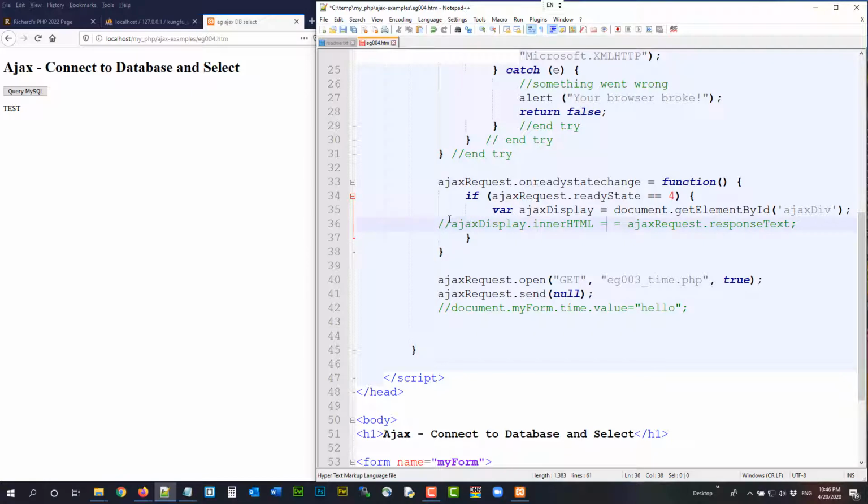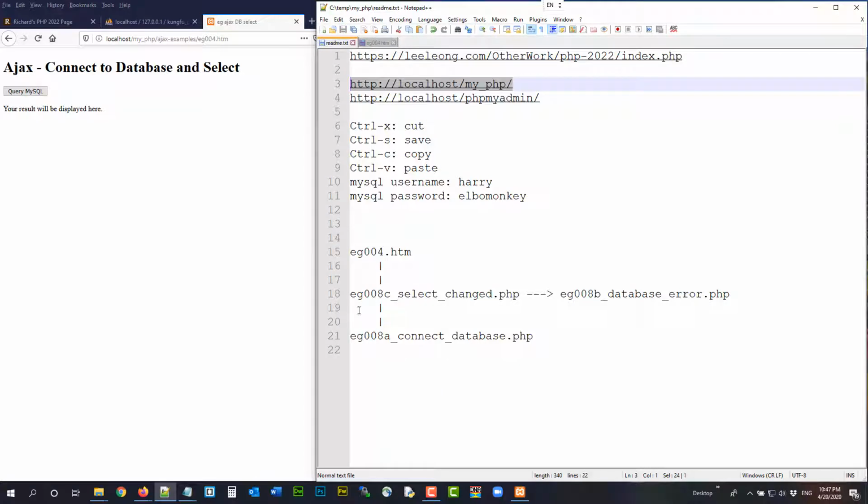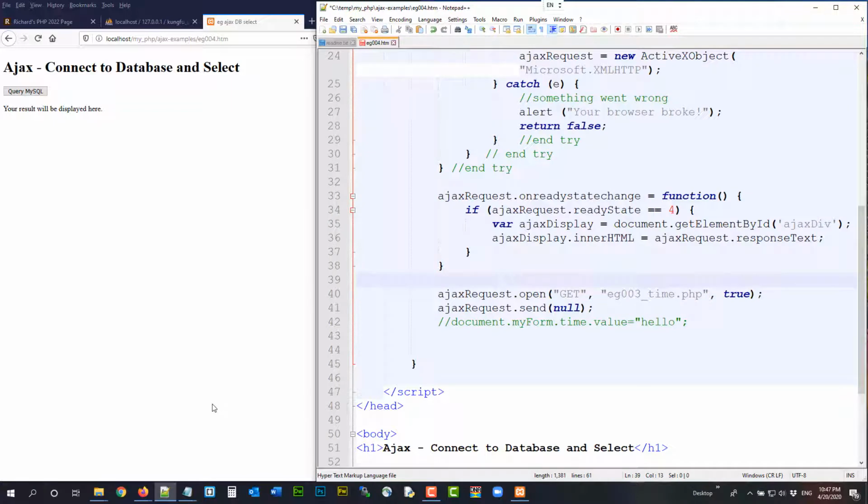So what we are doing here is we get the ID, create an object, and then the innerHTML changes based on the Ajax request. So the next thing you want to do is send a request to Ajax, and we already know that. Okay, let me reload this one first. We already know that we want to use EG00 AC changed. Why is it called changed? I thought the name is